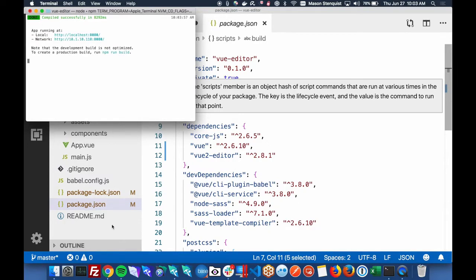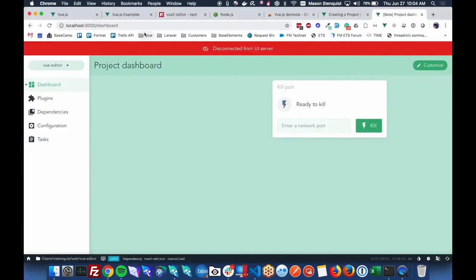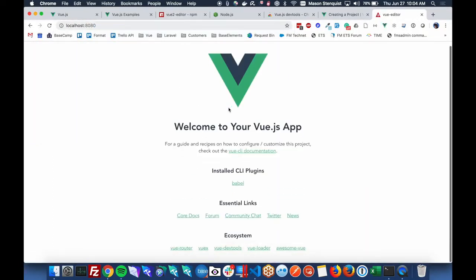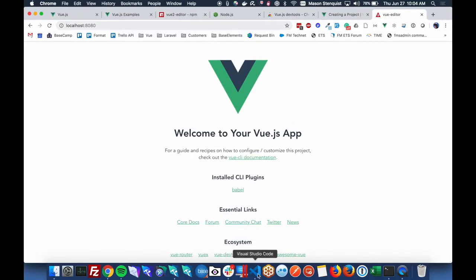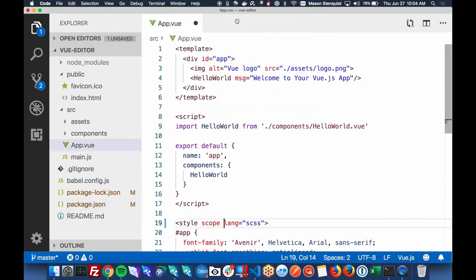Okay, localhost 8080. So let's just get rid of that. All right, here's our Vue app, and that is showing right here.